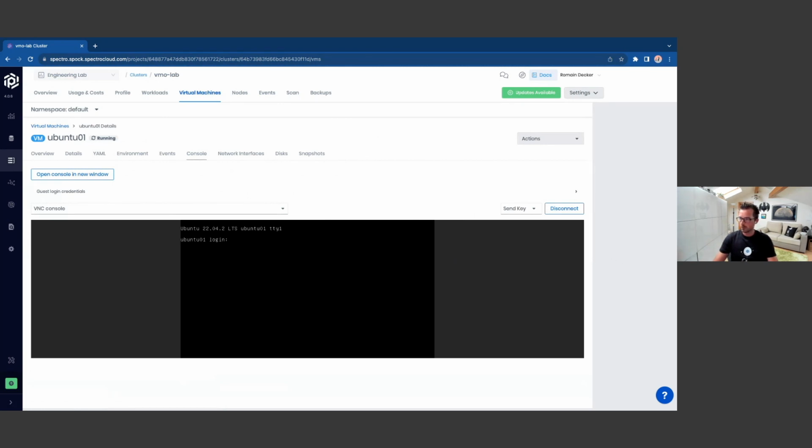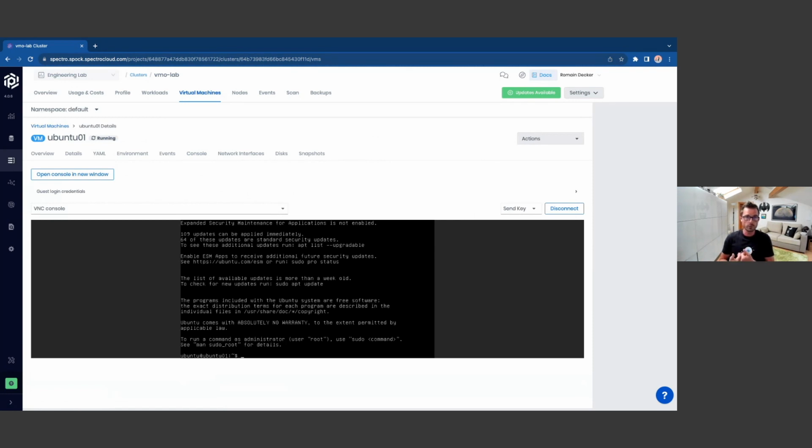I think I was able to fat finger the user as usual. Ubuntu and then Spectro. And here, it's the console of the VM, which means that it's similar to if I were connected with a physical screen to a physical server.